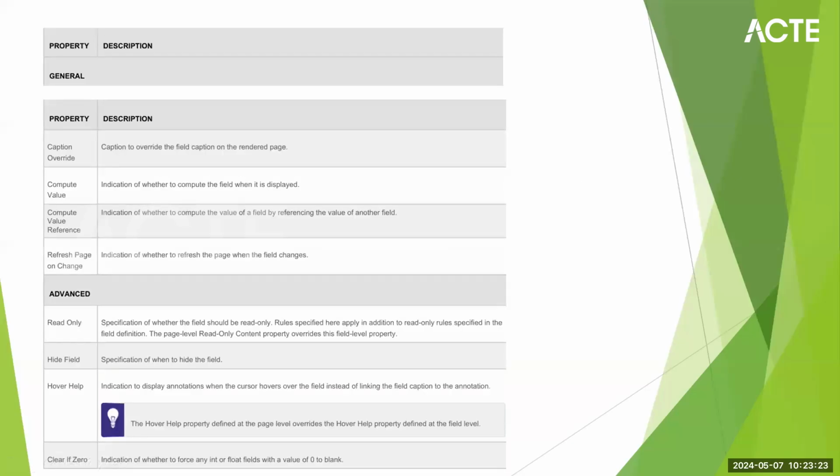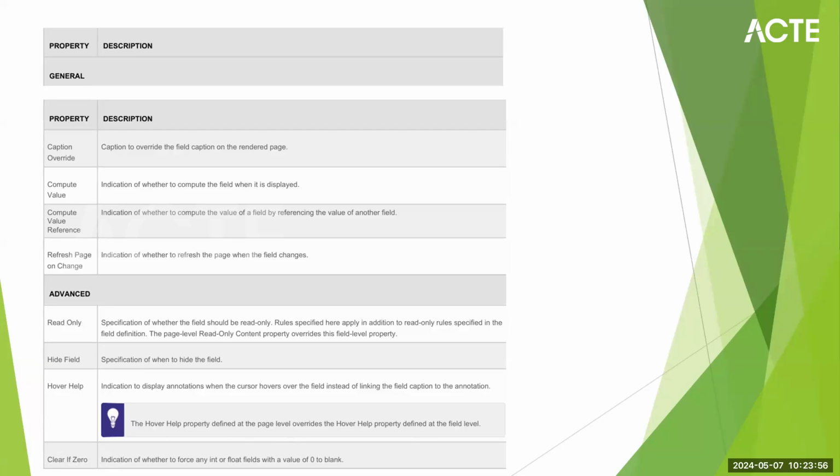These are some of the field properties which are present in our manuscript: caption override, compute value, value reference, reference page, on change, read only, hide field, hover help. Hide field means hiding that particular field with some condition.